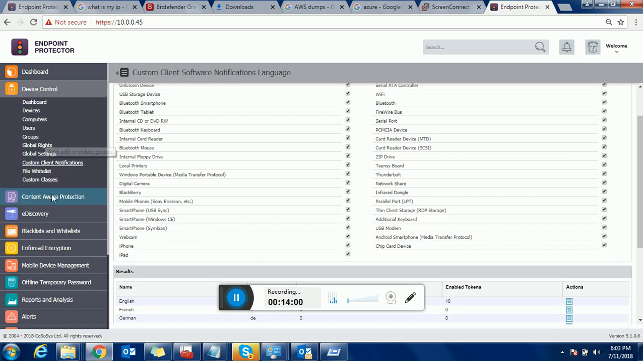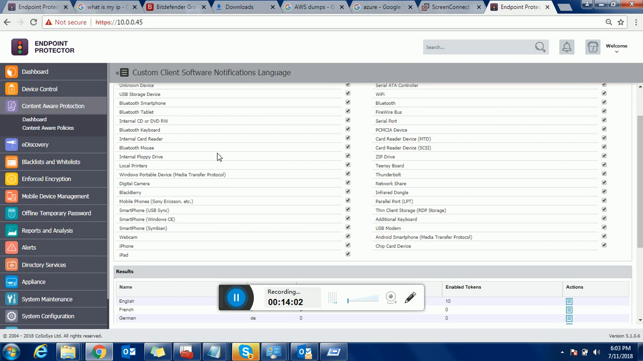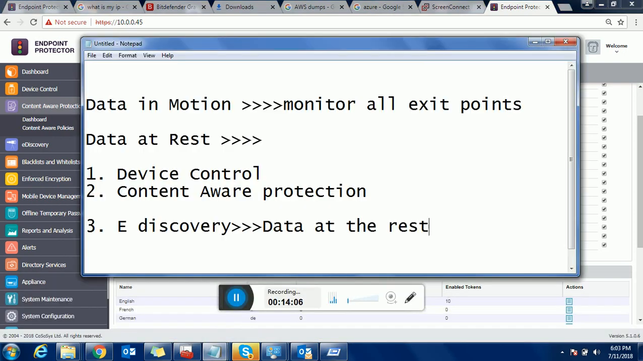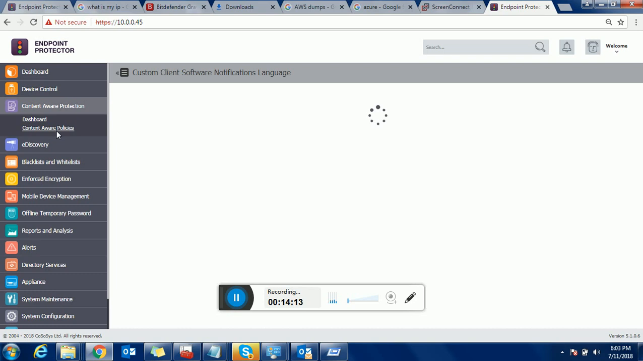Now coming to the content control. Content control is also a part of data leakage which is in motion. So this content aware protection will be monitoring all the content that can be leaked out, all the exit points. So now coming to the dashboard,